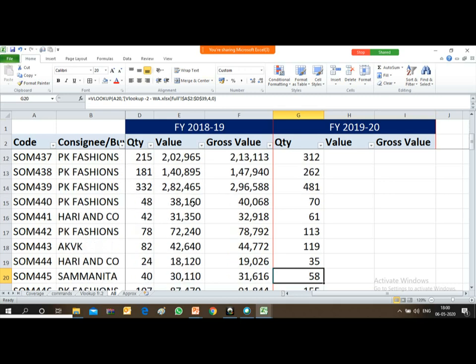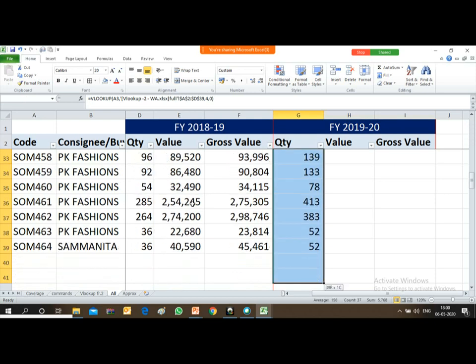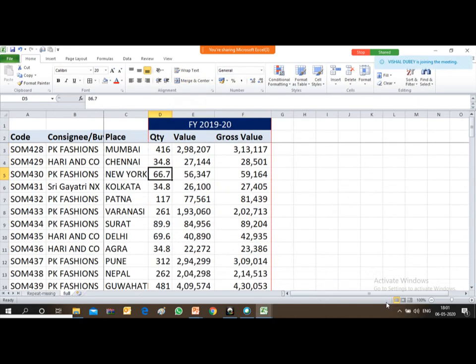So I can also cross verify it. You can cross verify. Just select the entire column. If you select the entire column of quantity, the summation of the quantity is coming 5,768. Sorry, 5,768. And you can cross verify it in the corresponding file from where I have derived it.